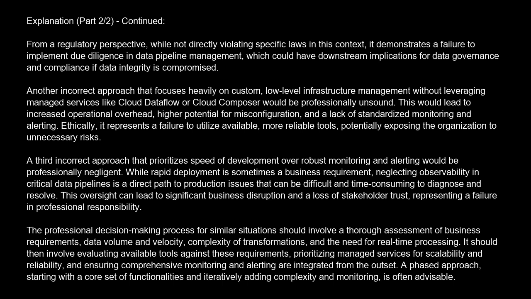A third incorrect approach that prioritizes speed of development over robust monitoring and alerting would be professionally negligent. A rapid deployment is sometimes a business requirement. Neglecting observability in critical data pipelines is a direct path to production issues that can be difficult and time-consuming to diagnose and resolve. This oversight can lead to significant business disruption and a loss of stakeholder trust, representing a failure